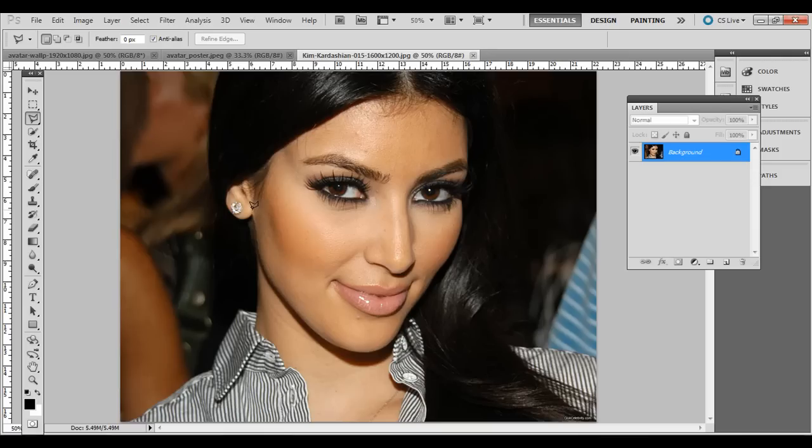You want to, maybe an image of yourself, if you want to turn yourself into an avatar character, or someone else, whatever. So once you have that open, this one's 1600 pixels by 1200, and what we'll first do is, I like working on a duplicated layer, so just press Ctrl J or Command J on the Mac,